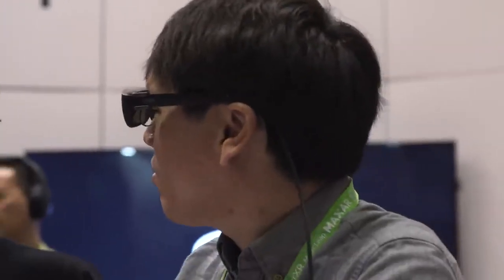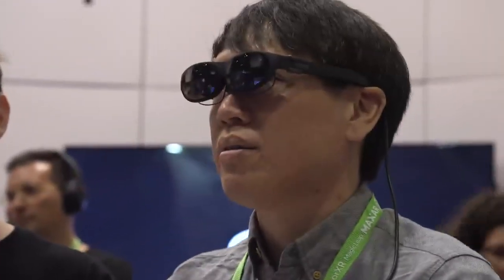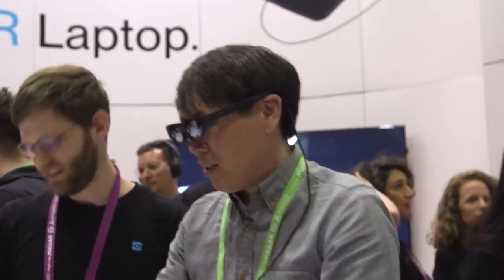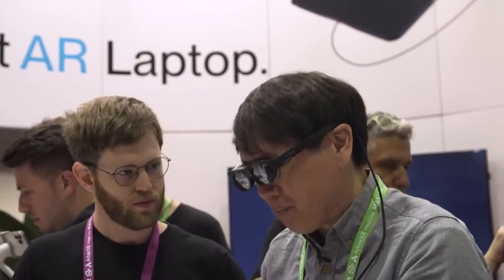Instead, there's a hardwired Nreal Light glasses. They've partnered with Xreal to use the Light glasses so that you're wearing these tracked glasses and seeing that operating system in headset only. I got to try out the Spacetop laptop, and for the most part, it worked. It reminded me a lot of using Nreal's Light glasses and their smartphone applications, but here, instead of using the Nreal app, you're using the Spacetop OS, which mimics the traditional desktop with windowed browsers and a few web-based productivity